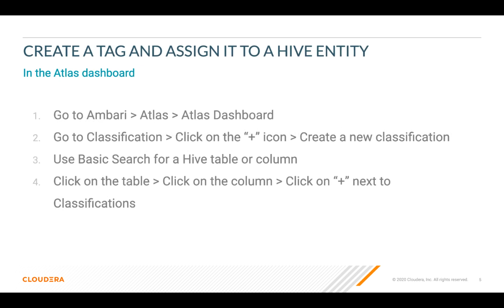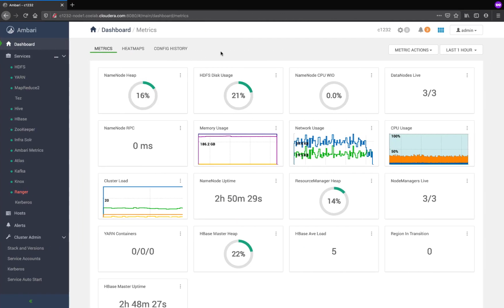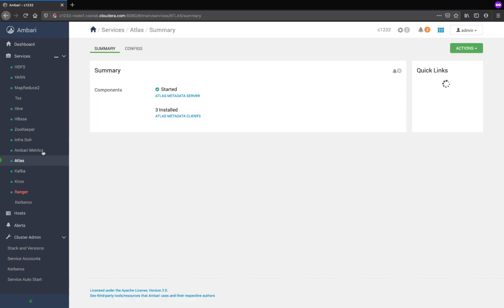Next, we will create a tag and assign it to a Hive entity. So this is my HDP cluster. The HDP version is 3.1.4. I have used one of the latest versions since HDP 2.6 is nearing end of life this year. So I will log into Atlas.